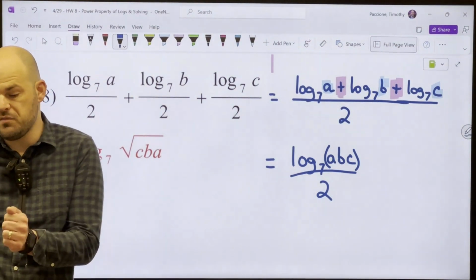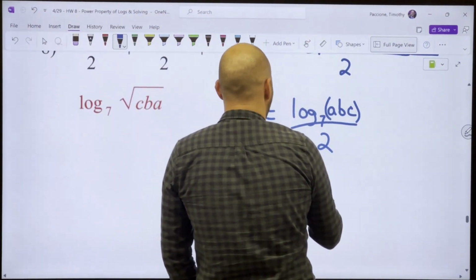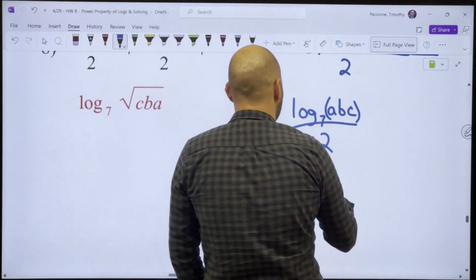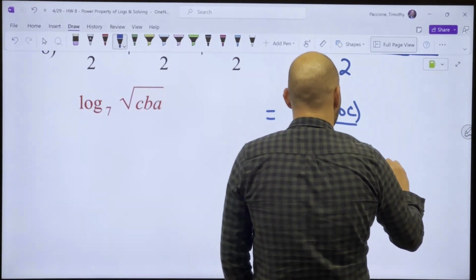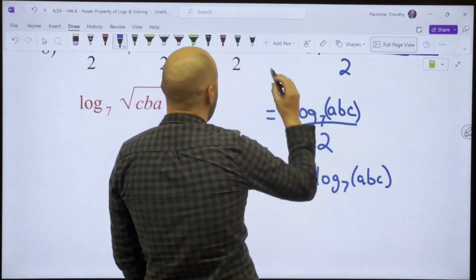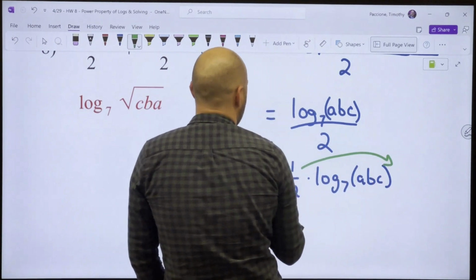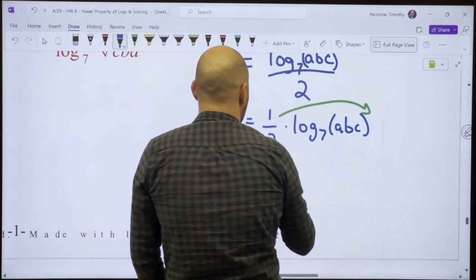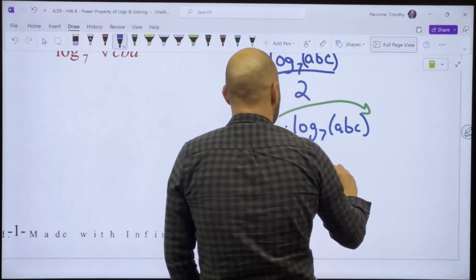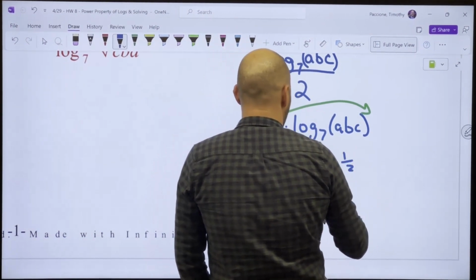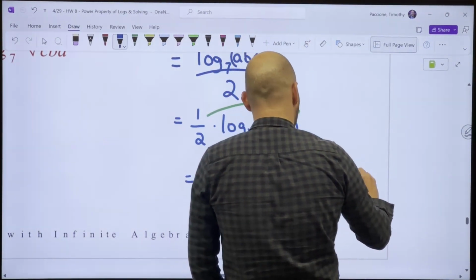Right, multiplying by 1/2 on the front, which would then become an exponent. So I'll show that in steps. That's 1/2 times log 7 ABC. And then that, of course, would go into the exponent spot, which will become the square root. So log 7 ABC to the 1/2, which becomes log 7 square root of